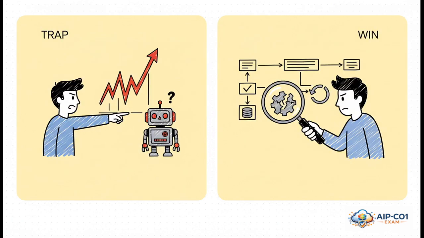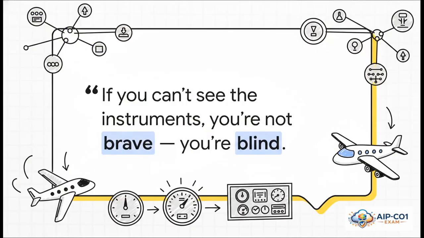And finally, cost spikes. The trap is that knee-jerk reaction to immediately blame the model. The winning mindset is to check your data pipelines first. More often than not, the real root cause of a cost spike is hiding in issues like idempotency, caching, or runaway loops, not in the model itself. And that really brings us to our final thought. Building this cockpit for your GenAI app isn't just some nice-to-have best practice. It is absolutely essential. Because if you can't see the instruments, you're not being brave,